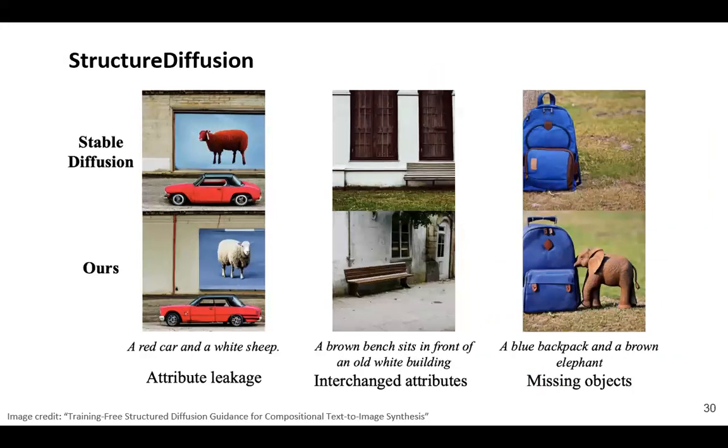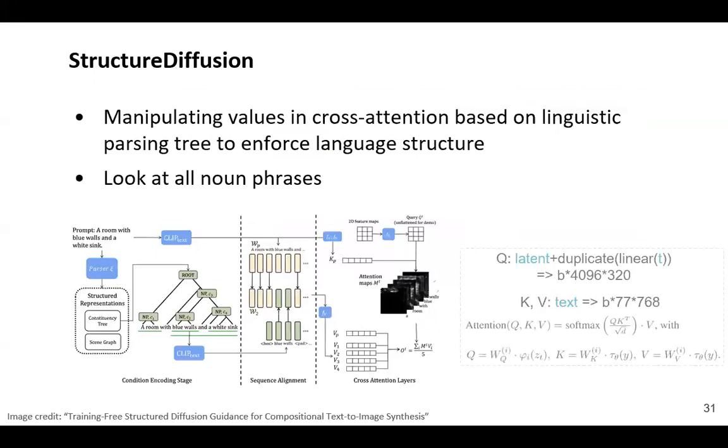Again, the problem is that when the query becomes more complicated, it might have problems, for example, attribute leakage. Instead of generating a red car and a white sheep, it might decide to generate a red car and a red sheep instead of a white one. And other problems like interchanged attributes and missing objects also commonly appear when not strictly following text prompts. So one way, as shown in this work, is to manipulate the values in the image-text cross-attention based on the linguistic parsing tree structure